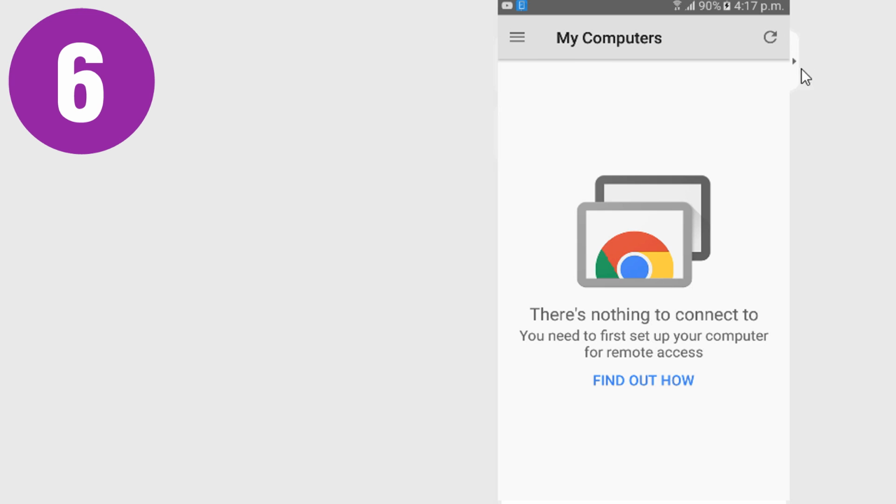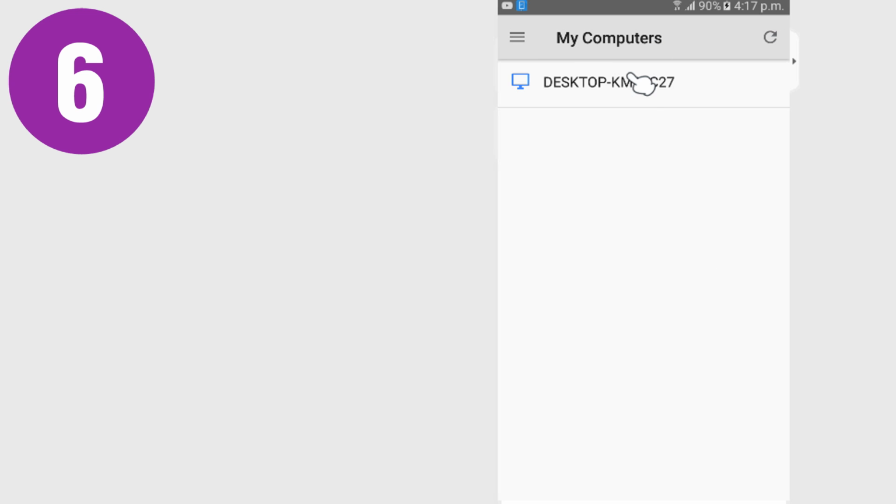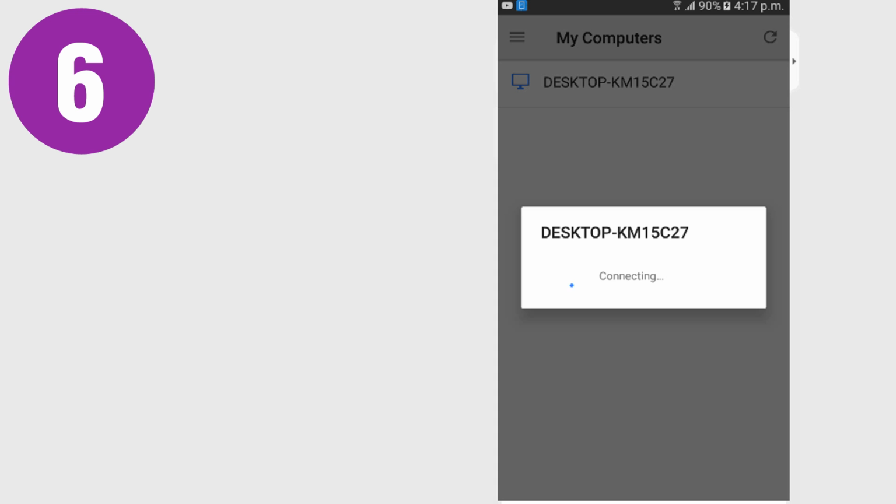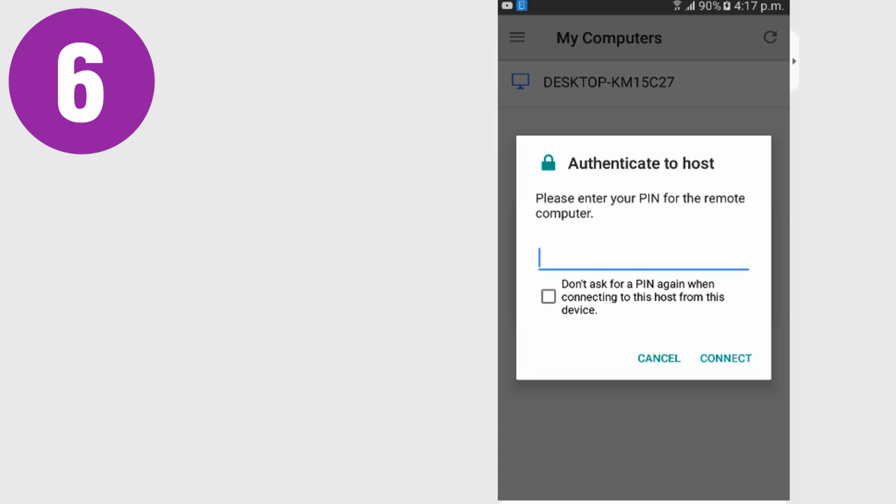Now go to your mobile app and click on refresh at top right and you will see your PC in a list. Click on it and enter your pin there and you will now access your computer screen.